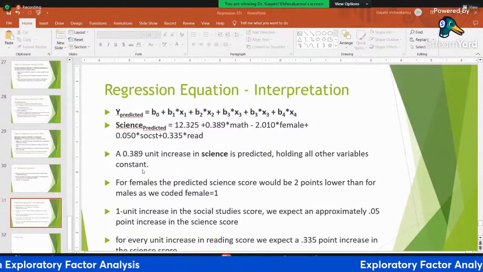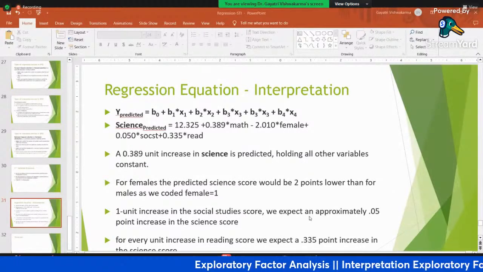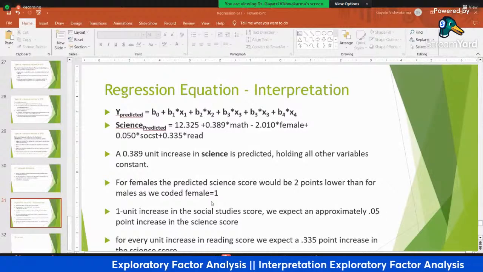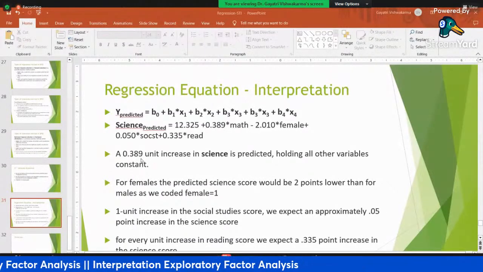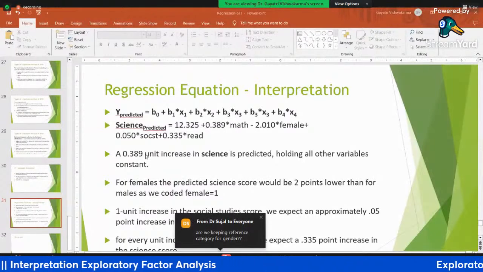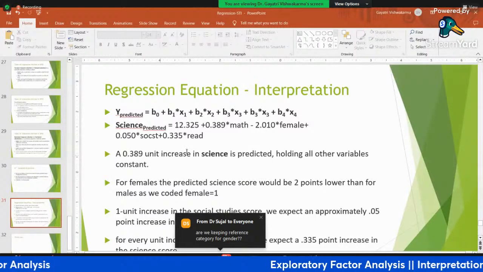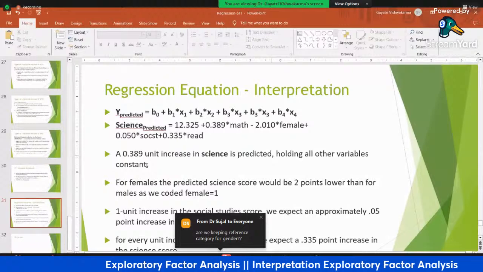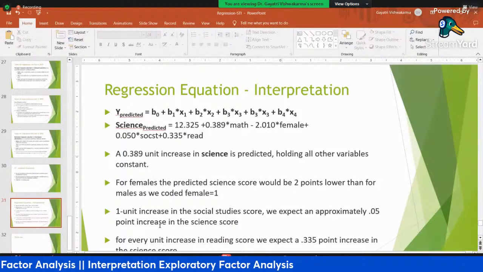For social studies, for a 1 unit increase in the social score, we may expect approximately 0.5 unit increase. I think here I have to write something; I forgot to write the math. A unit increase in science is predicted, holding all other variables constant, for maths.